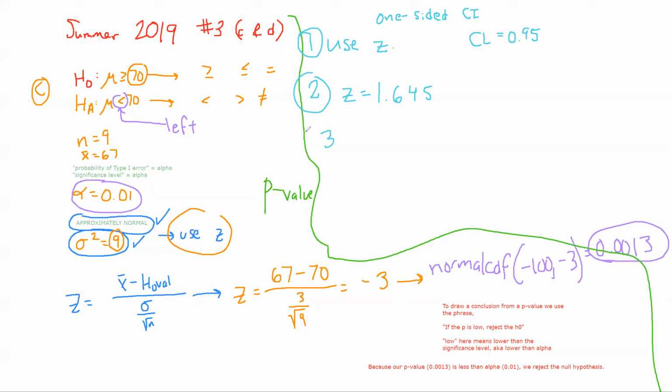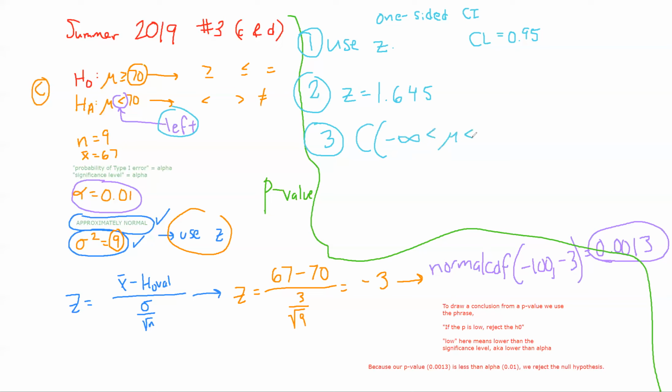Okay, step 3, we've already got our z-score. Step 3 means construct our interval. What's weird about these one-sided intervals is that they have infinity, or negative infinity, as one of the bounds. And which interval you use depends on whether your test is left-tailed or right-tailed. Well, as a reminder, our test is left-tailed, so we're going to use the left-tailed section of our confidence interval. That means it's going to start off with open parentheses, negative infinity, less than mu,